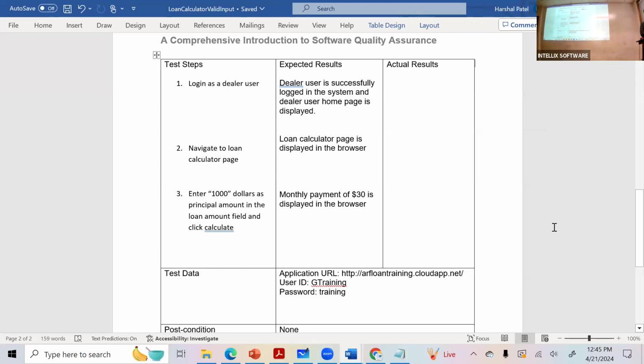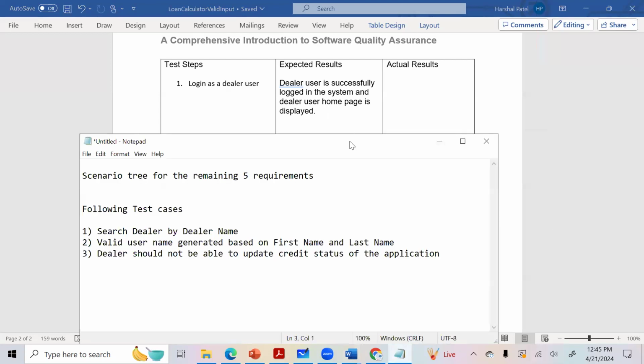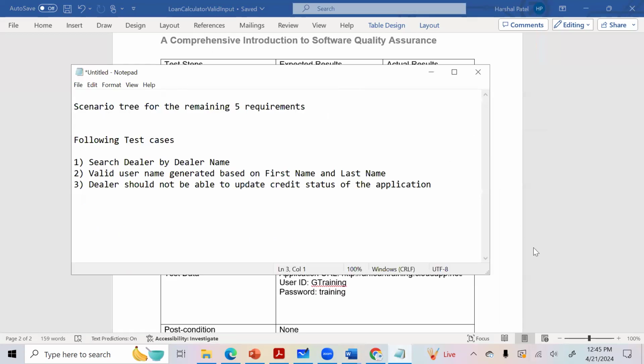All right, Swati, any question? Actually, I don't have the test data in the test case template document. It is in the PDF. Herschel will send a blank template also to all. Swati, you should have it in the PDF. Okay, I will check. All project files have that PDF template. But just go ahead and send it. Yeah, I'll send it anyway. You will send a blank Word template anyway.